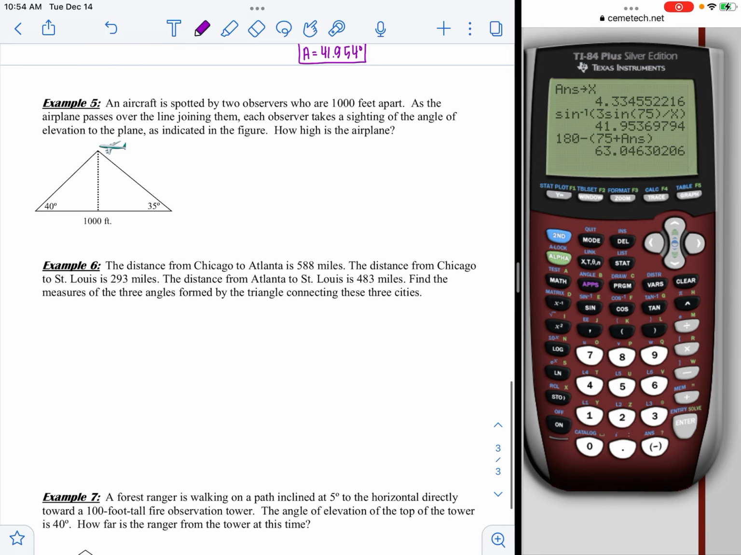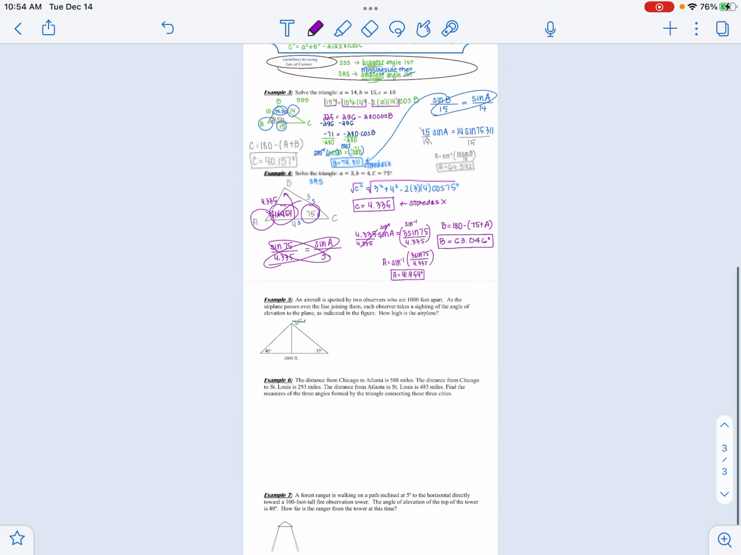All right, once again, these word problems we'll save for later, but that's the law of sines, law of cosines. Just to reiterate, law of cosines, side, side, side, side angle, side. Law of sines,